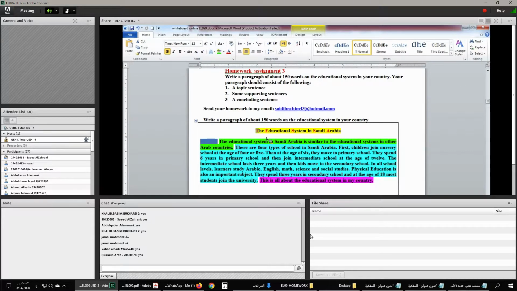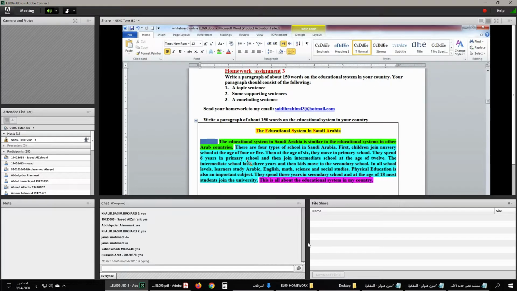Okay. And then, as usual, you start with the topic sentence, and before you write the topic sentence, you indent, you leave a one-word space. Okay. And then this is the topic sentence. The educational system in Saudi Arabia is similar to the educational systems in other Arab countries. Okay, so this is the topic sentence,